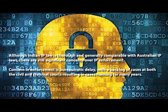Copyright and intellectual property protections. India's IP legislation covers every significant aspect of protection of IP. The regulations relating to forms of IP have been amended or reissued in recent years, mainly in response to India's accession to the World Trade Organization in 1995. Although Indian IP law is thorough and generally comparable with Australian IP laws, there are still significant concerns over IP